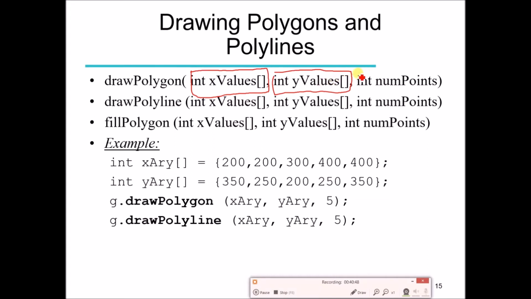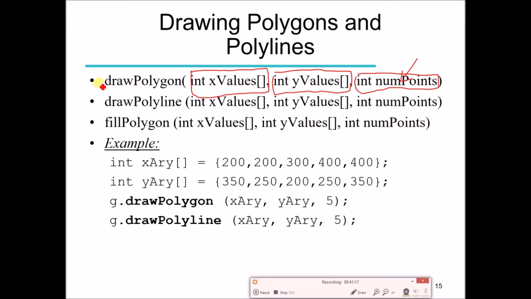And then the third parameter is how many vertices from the array we want to use to draw the polygon, because sometimes it may happen that the programmer defines an array which consists of 5 values, but wants to construct a rectangle using the initial 4 values. Then the number of points is going to be 4 in that situation. But most of the time we are going to use the arrays with all the points, the x and the y array.